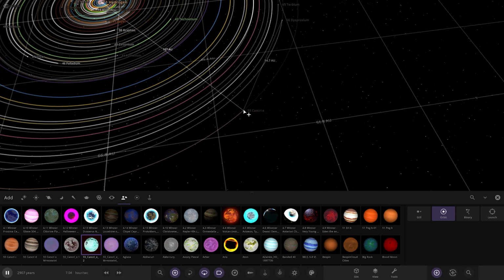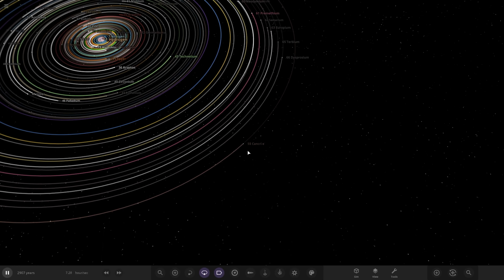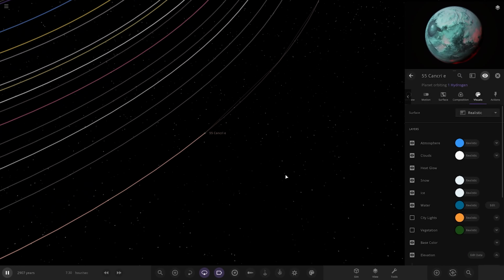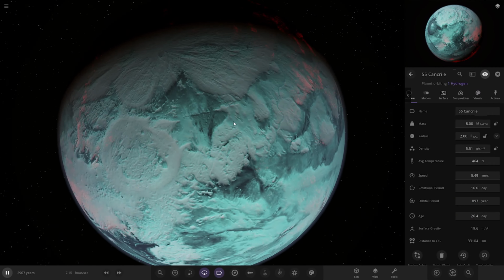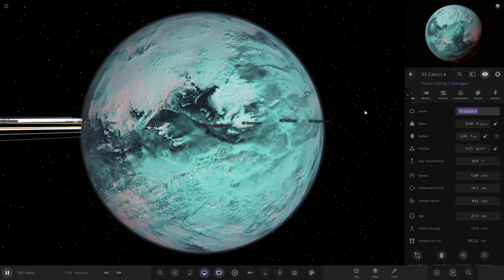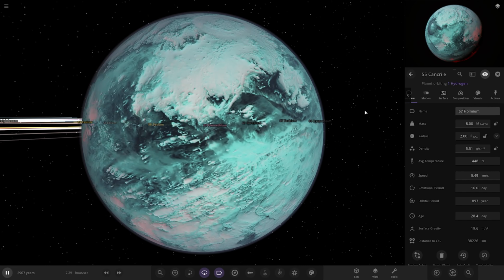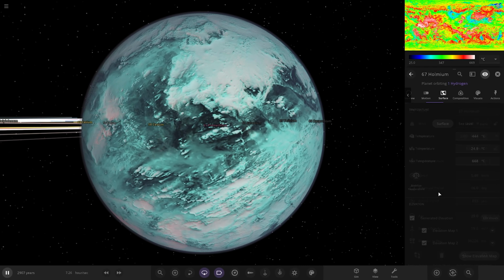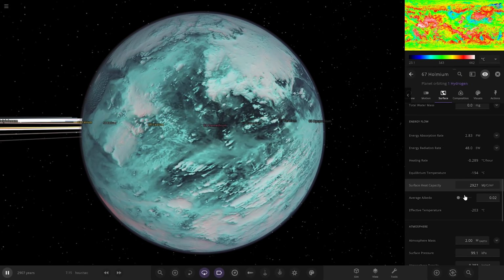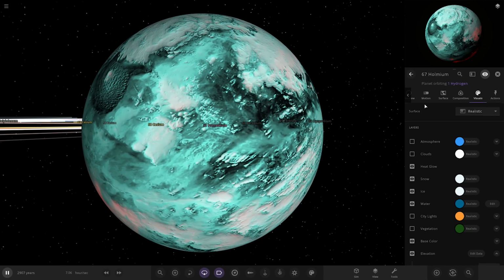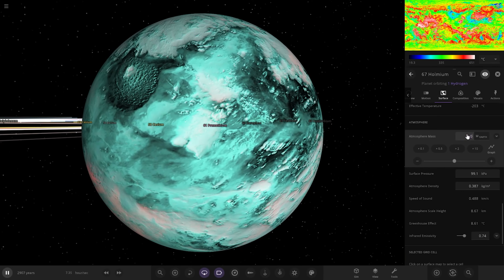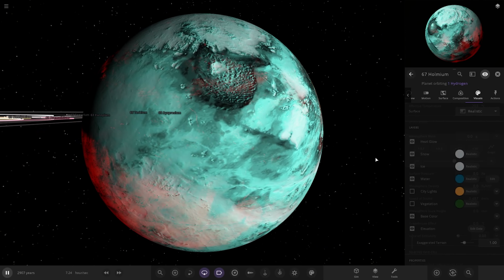About 55 Cancri e about that. Let's try that one. Try and get some cool looks to it. Okay, so I think this is one I designed actually. The Diamond Planet. So 67. There you are. Okay. Doesn't need an atmosphere though. Let's remove that. Right, okay, so